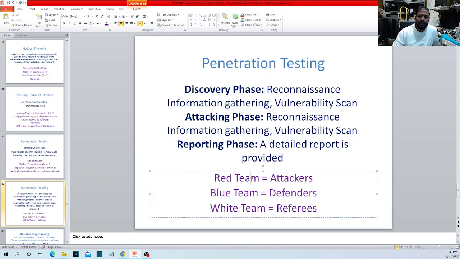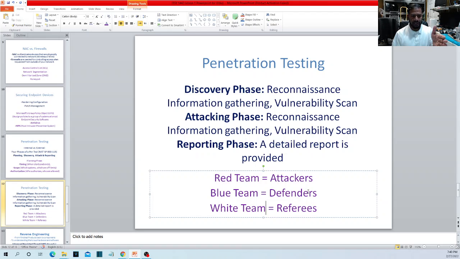In a penetration test, the red team are the attackers. The people who are attacking are called the red team. People who are defending, setting all the defenses, are the defenders. They're the blue team. Okay, blue team are the defenders, and white team are the referee. If these two teams have complaints or are not getting along or are doing something not right, then the white team will say, "Hey, these are the rules of engagement. This is the rule of the game.